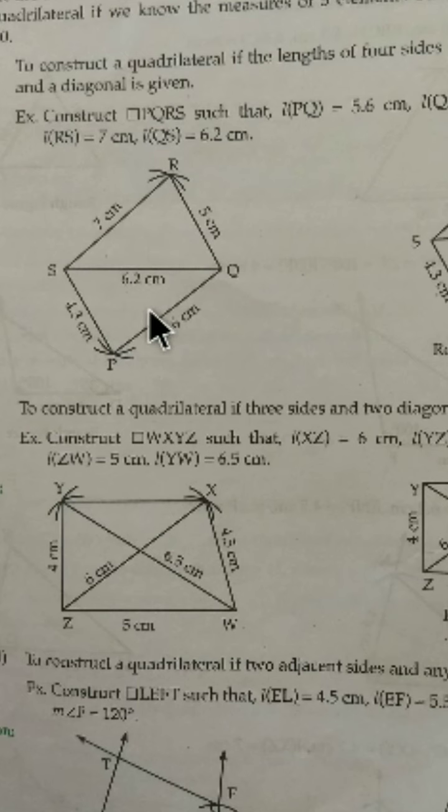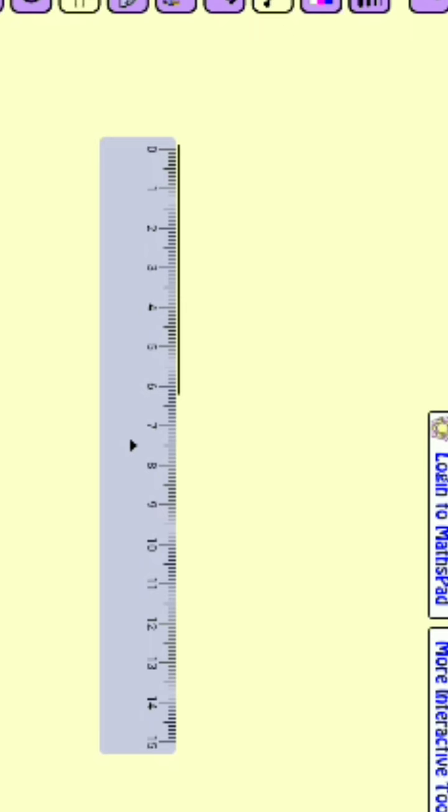And we have learnt already how to draw the triangle. This is the side SQ. If we know the length of the QR and SR, we can draw this triangle here. We can draw this triangle also with the help of these 2 sides. So let's start the construction. First of all, we have to draw the diagonal QS, which will be the base of the triangle. So the diagonal QS is of 6.2 centimeter. So let's draw first the QS, which is of 6.2 centimeter.